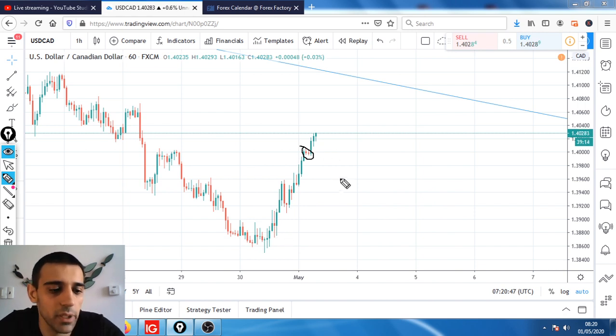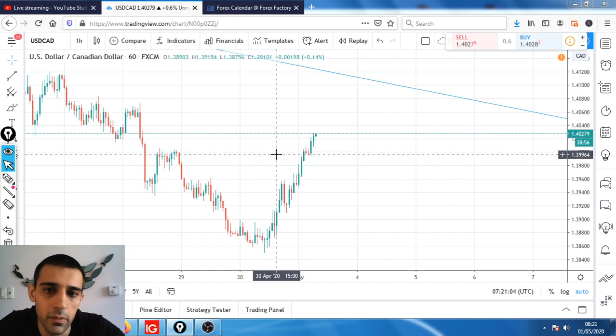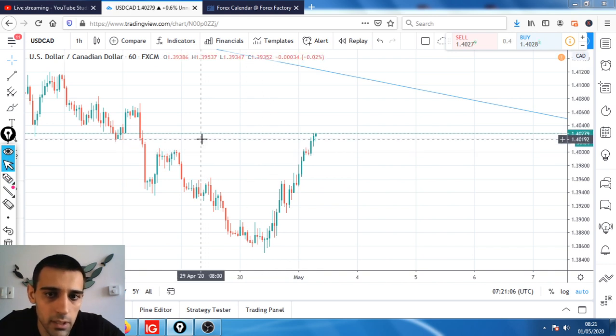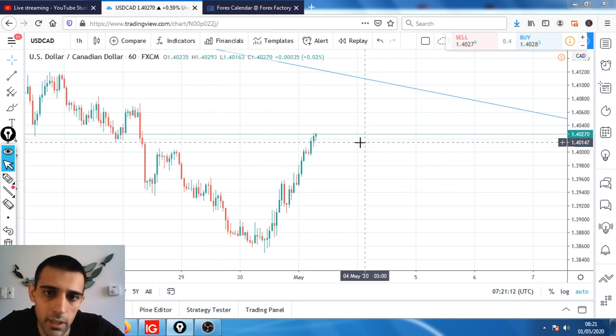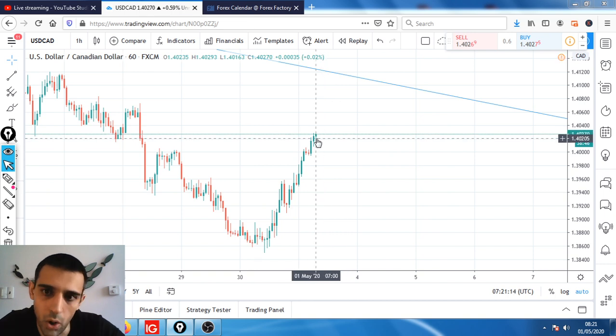As far as short-term trading goes, we had this nice retracement in here, which I did miss because I was sleeping. Then we had this tiny retracement up here, but that's not much. The question is what it's going to do now. It depends how it's going to go on from now.